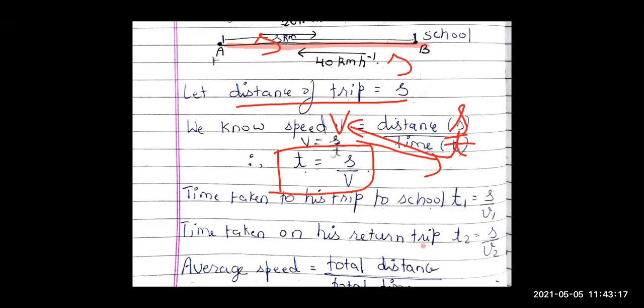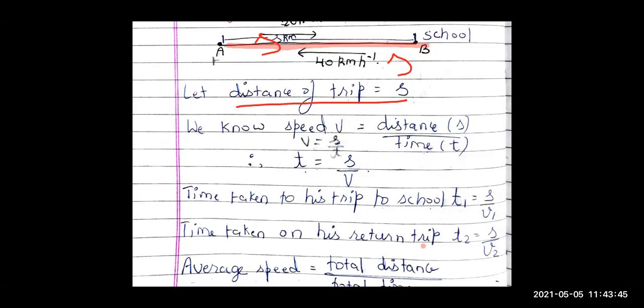Now we'll find the time taken by Abdul when he's going to school. So let us call that time as T1. So T1 will be equal to S, distance same ही है S, velocity is V1. While going, suppose the average velocity is V1, जिसकी value हमें दी है 20 kilometers per hour, right? But we are calculating the time when he's going to school. Okay.